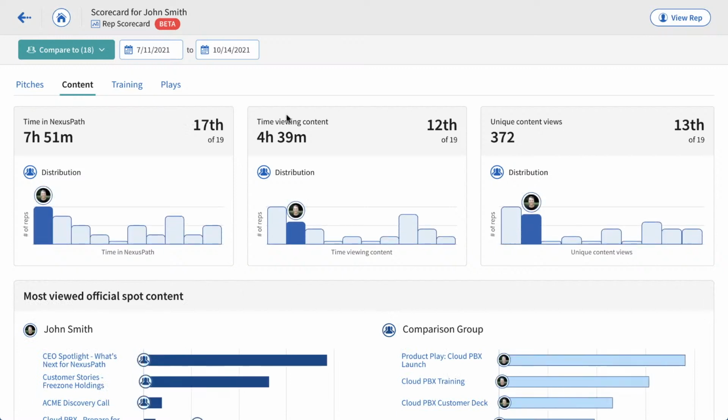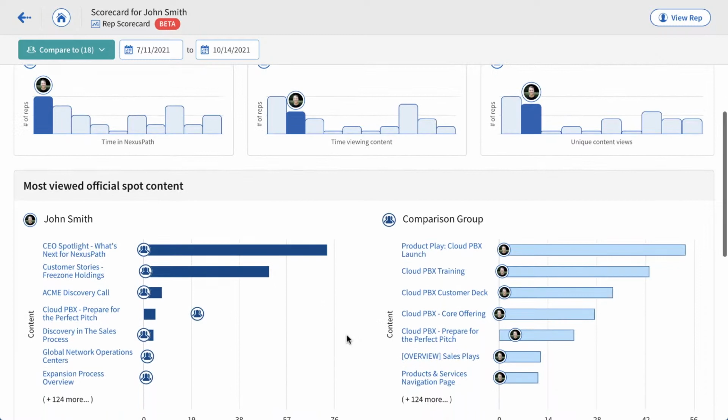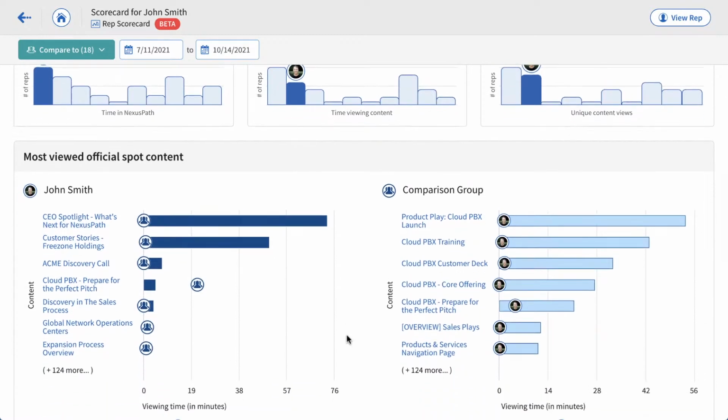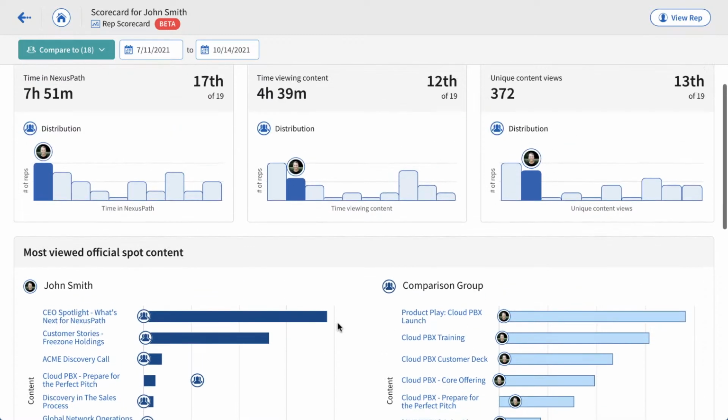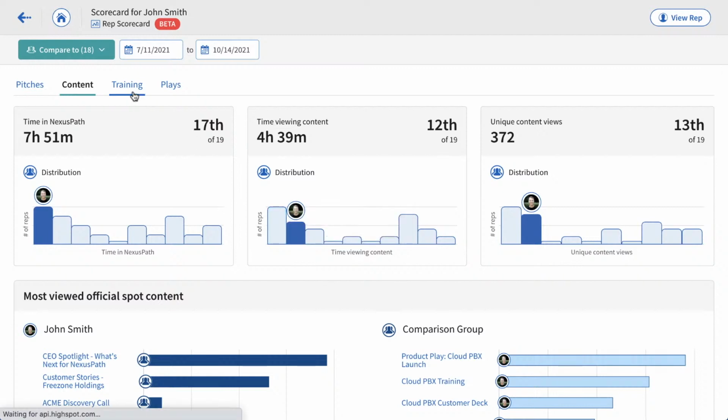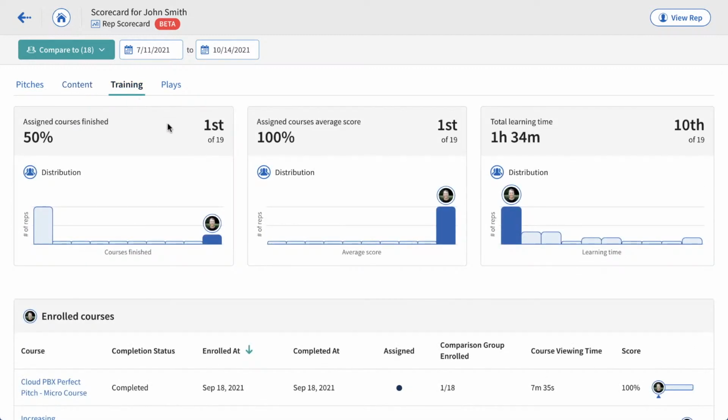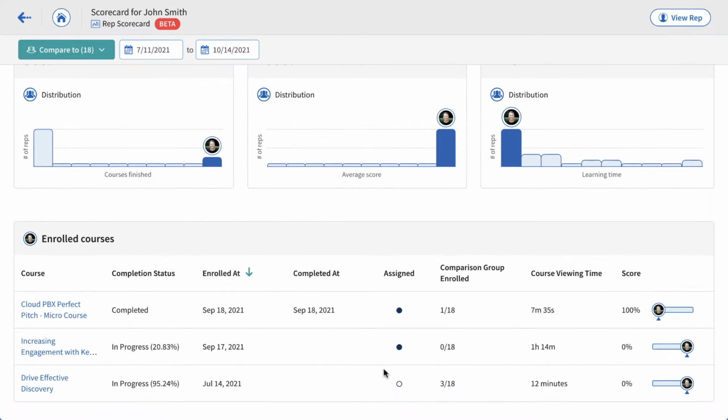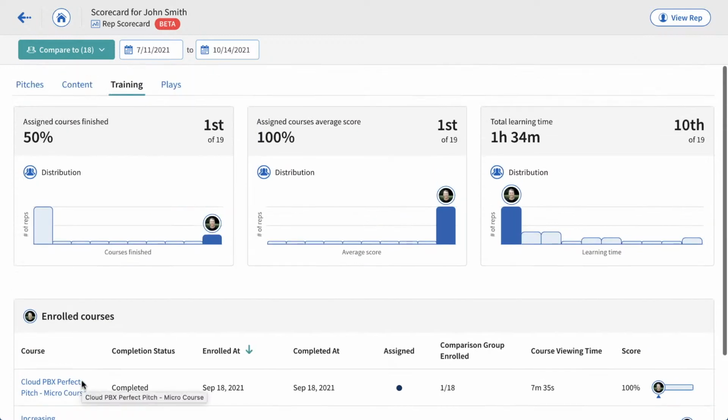Next, I'll understand where John is spending his time between our different playbooks, collateral, and internal materials. This data reinforces for me that John is over-indexing on lower impact materials. From training, I can see everything that John is currently working through, both that's been assigned out or that John self-enrolled in. I noticed here that John self-enrolled in a discovery course. I'll make a note to talk about skills John wants to further develop and offer additional coaching on John's discovery